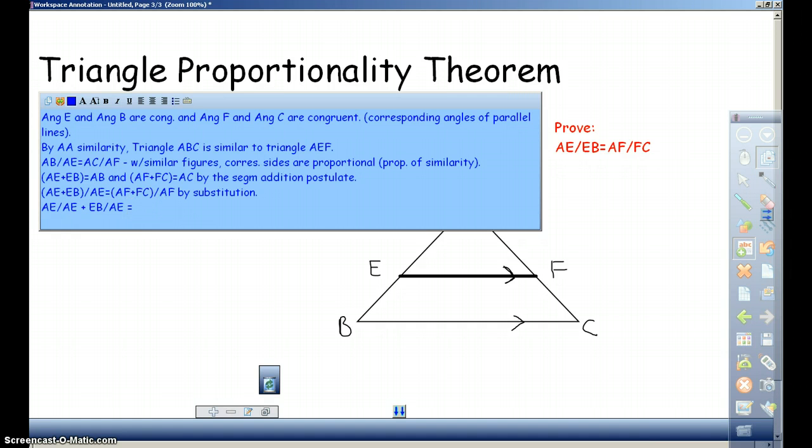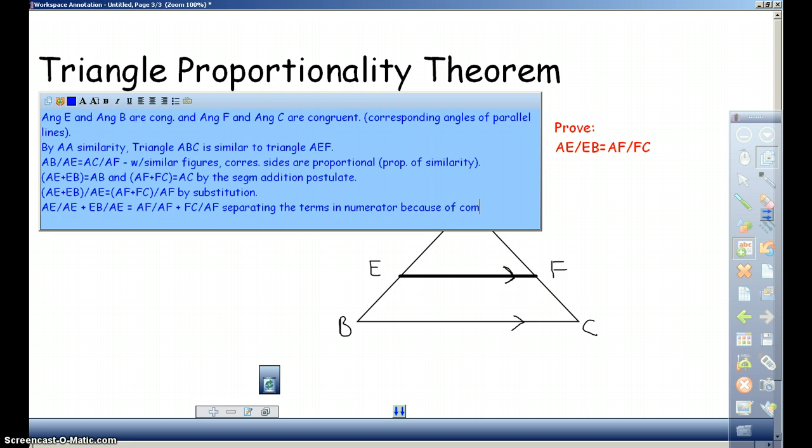Equals AF over AF plus FC over AF. So what term are we going by? What we're doing is separating the terms in the numerator